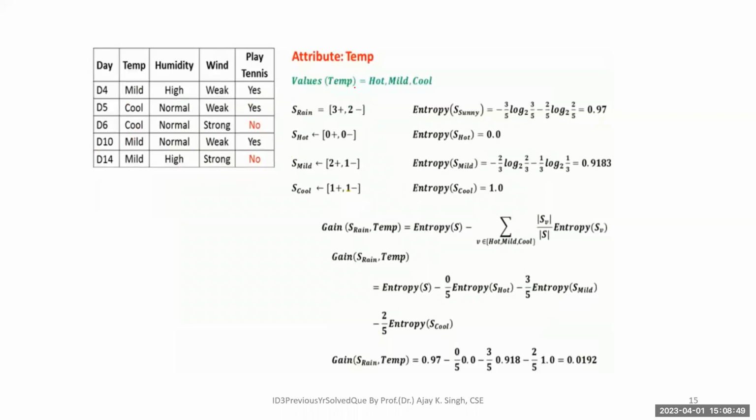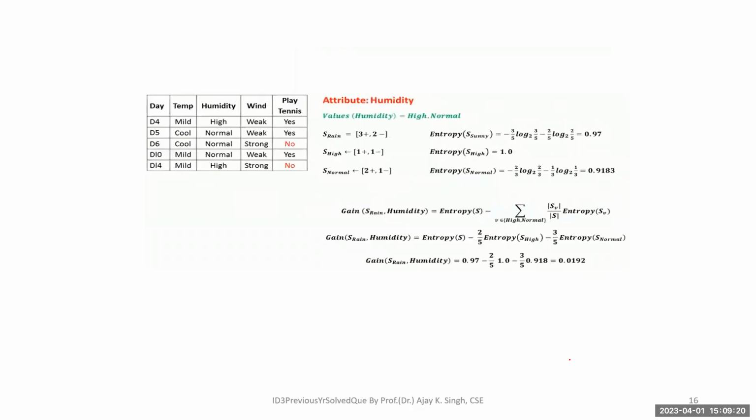So I made this one for temperature. So I'm going to go for temperature. Again, in temperature, in this case, only two values are there, cool and mild. So only for entropy, for cool and mild, we are supposed to take cool and mild. Okay? I think hot is not there in this case. That's why not a single hot is there. So in the same way, we are going to calculate the gain, and based on the gain, we are going to take the next step.